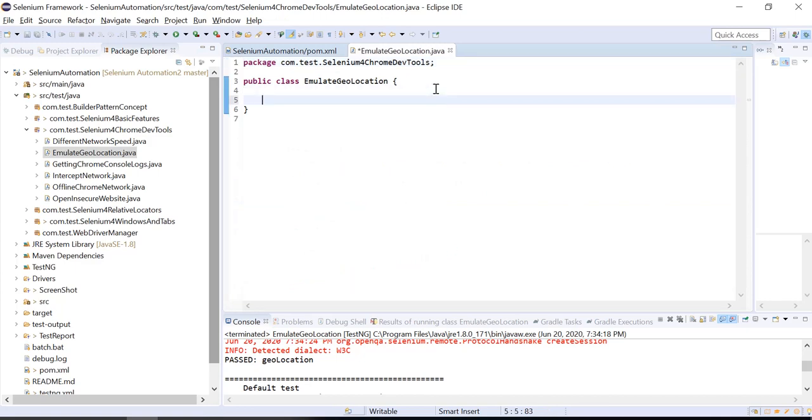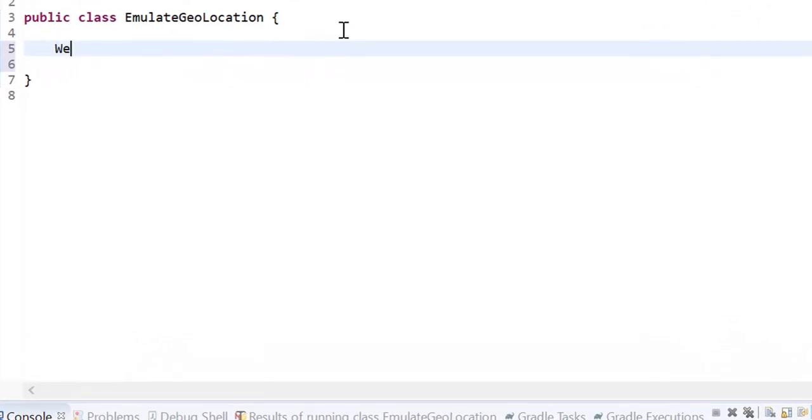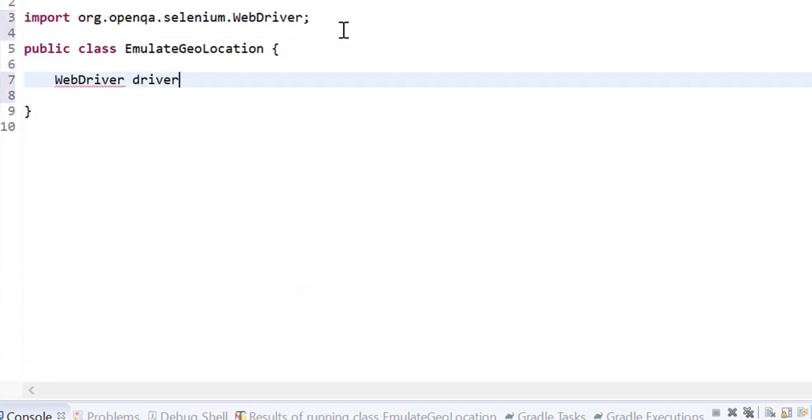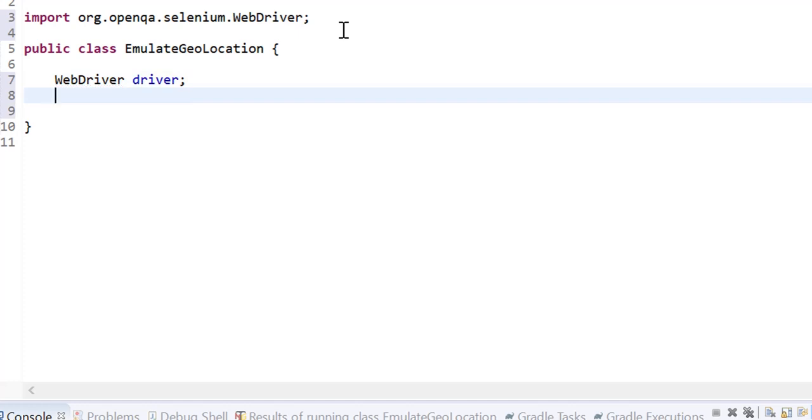Class created. Let me create a global variable, WebDriver. Also, I'll create one more variable for DevTools.